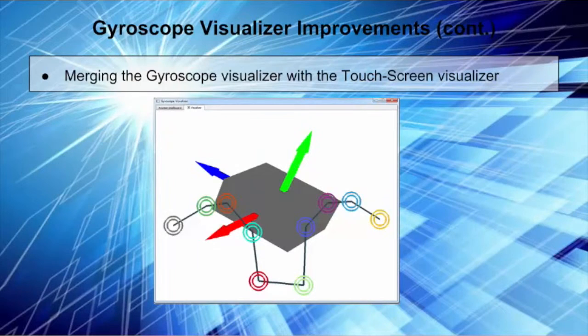And to finish things off, we would love to see both of the visualizers merged into one, the gyroscope and the touchscreen visualizer